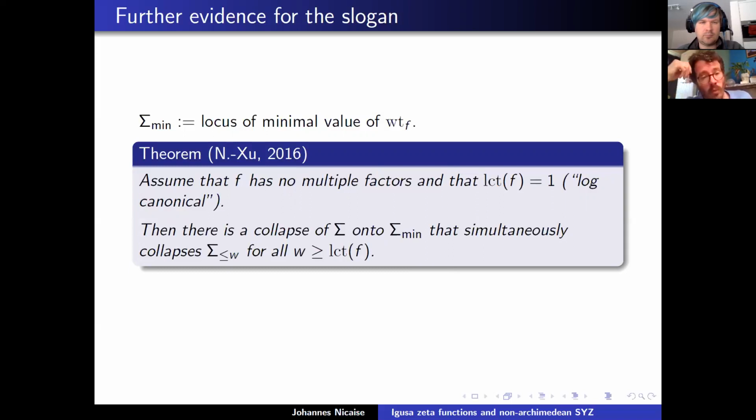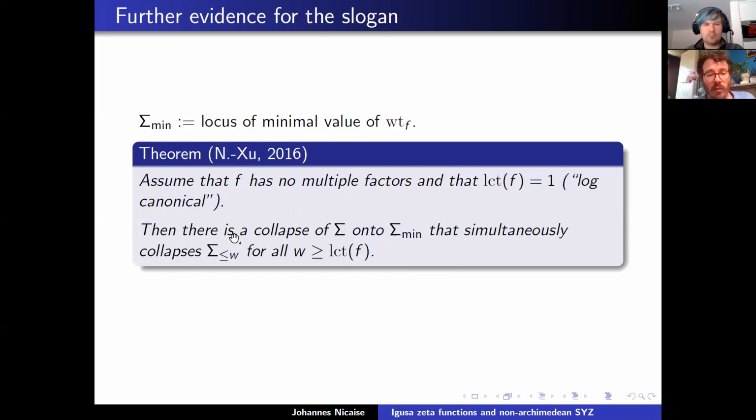Then one can show that there exists a collapse of the whole dual intersection complex sigma onto the locus of minimal weight. And so collapse is a particular type of strong deformation retraction that one can define for simplicial complexes. And this collapse is compatible with the weight function in the following sense. So if we fix any value w, which is at least the log canonical threshold, then we can look at